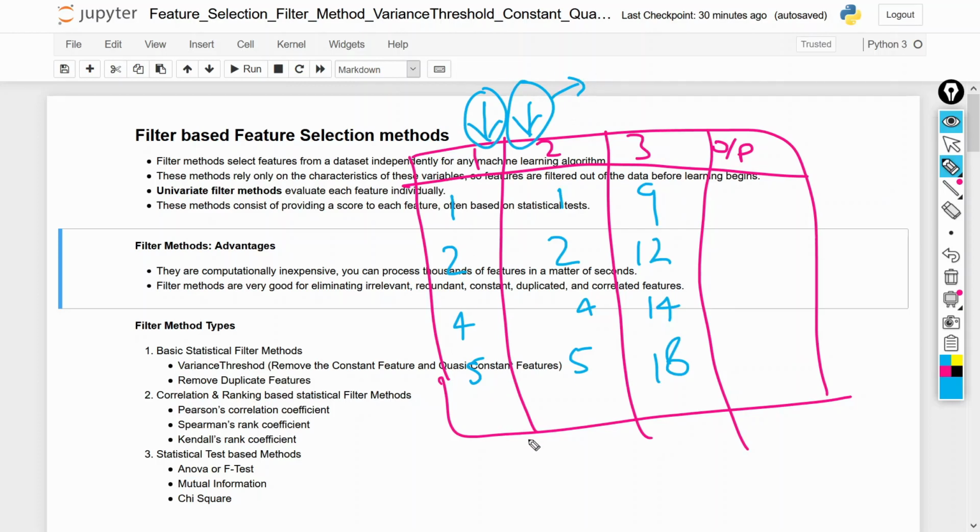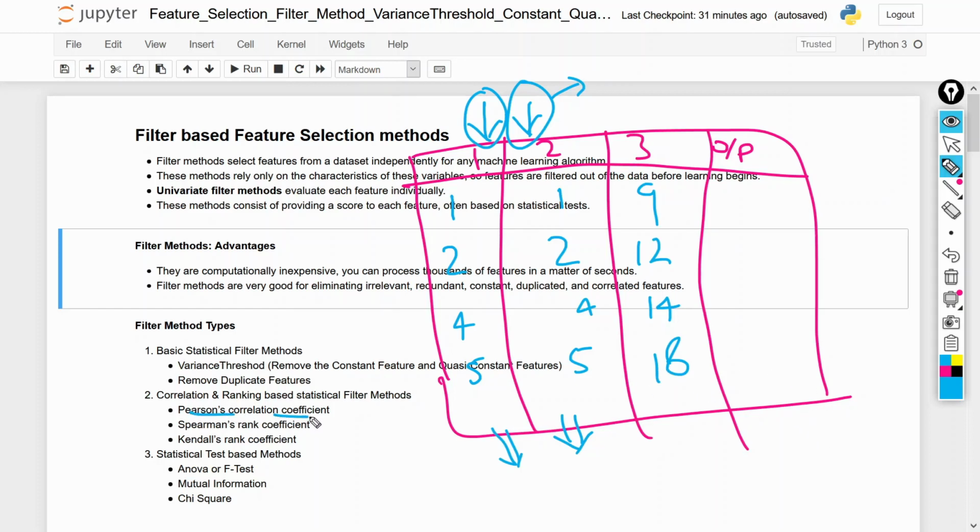We can remove these features with the help of some statistical methods that we will discuss in a separate video. So if we have some duplicate features in our data set, we remove those duplicate features, and in that way we can improve the accuracy of the model.